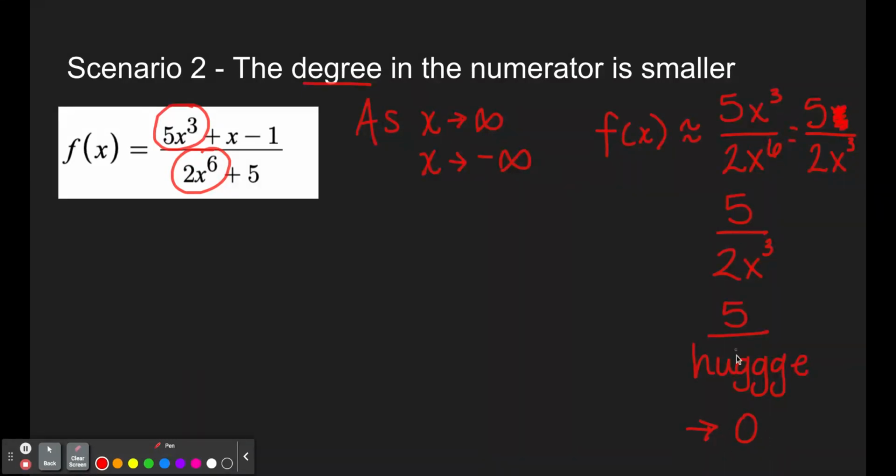Since we're headed to 0, it doesn't matter whether the number we're getting is positive or negative. They're both getting closer to 0, one in the direction of positive infinity, the other in the direction of negative infinity. So the end behavior of this function, because the degree in the denominator was larger than the numerator, is that it is going to be heading to 0 as x approaches infinity and negative infinity. Therefore, it has a horizontal asymptote